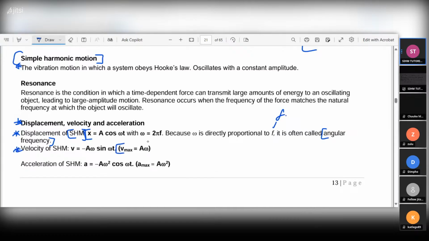Also, you need to pay more attention to this part here. Remember, you have been given the maximum velocity, which equals the amplitude times the angular velocity. Also in this part, you have the acceleration of simple harmonic motion, a equals to, remember,